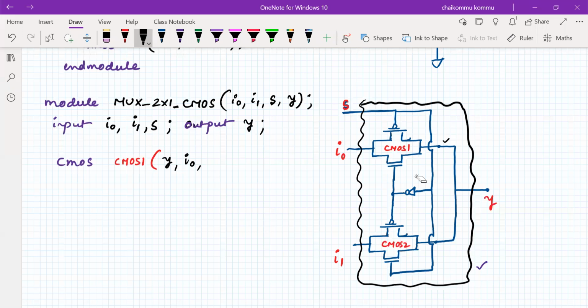For the N control, there is no name here. For example, I'll write X, for example. Or I can simply write NC. This is called NC, N control. Therefore, N control I'll write here. As P control is directly connected to S, something like this. NC, yes. Right? Similarly, for this one,